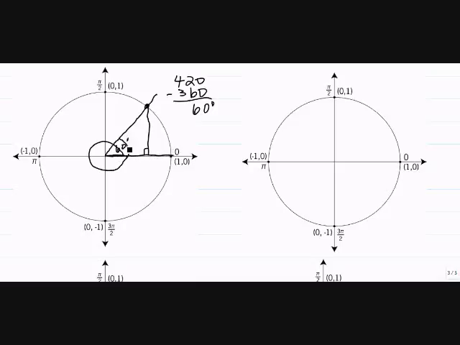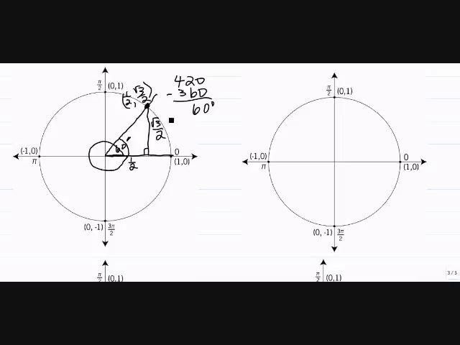Okay. I have a 30, 60, 90. My horizontal side is the short side. What's the length of the short side of the 30, 60, 90 where the hypotenuse is 1? 1/2. And the length of the long side? So the xy coordinates are over 1/2, up square root of 3 over 2,